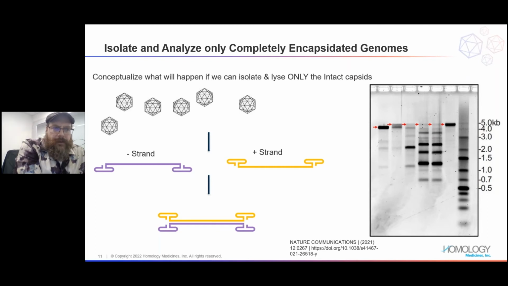The way we go about investigating and confirming that what we've designed is actually what we're getting into our capsids is that you take your capsids and break them open, so you lyse your capsids. And now, through the wonderful miracle that is hydrogen bonding, you will reanneal a vast majority of your population of positive and negative strands to get the appearance of what we have at the bottom with the little doggy bone there, ready to go into your canonical SMRTbell sequencing, where you anneal your SMRTbells on either end at the opening and you sequence it.